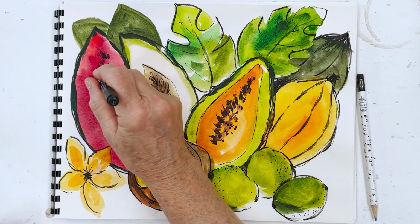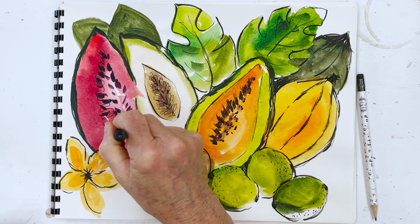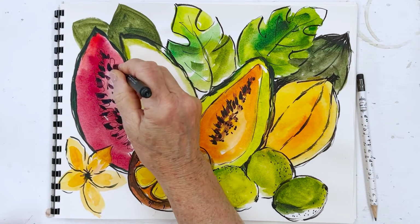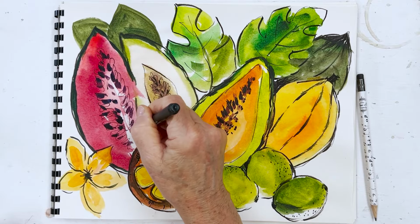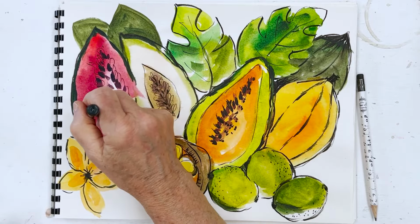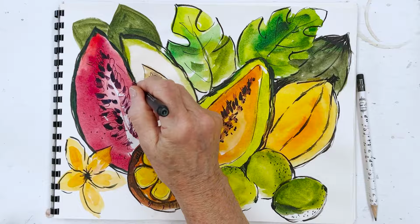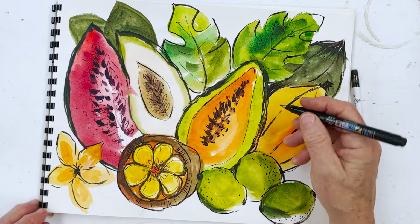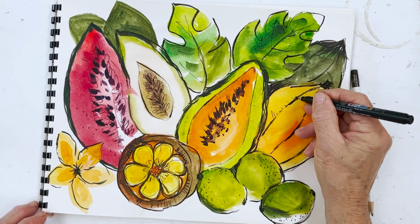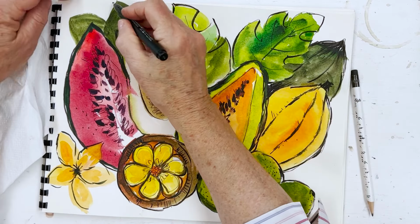Yeah, so we can do scritchy scratches here as well for the watermelon seeds, if we want to. It'll give it a little bit more interest. Which one haven't we done yet? This probably needs a few lines like that. And these leaves,